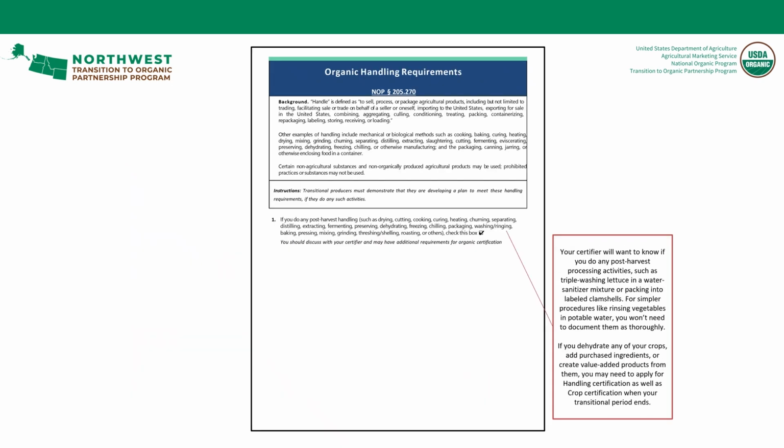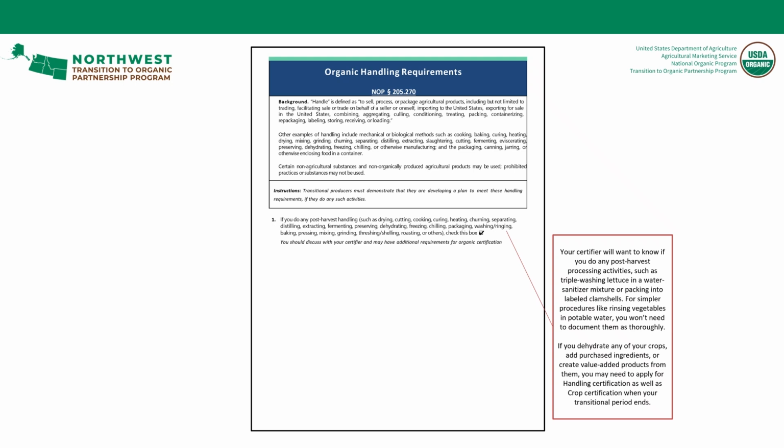The last page of the TPP covers post-harvest handling. In the world of organic certification, handling is a very broad term. It can include washing, processing, cooking, drying, freezing, packaging, and more. The question on this page is a simple checkbox asking if you do any post-harvest handling of crops that you intend to get certified. If you do, you may eventually need to get handling certification in addition to your crop